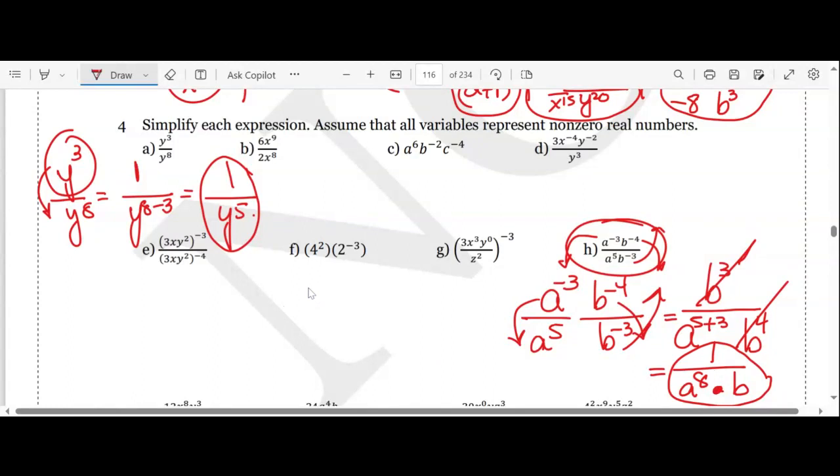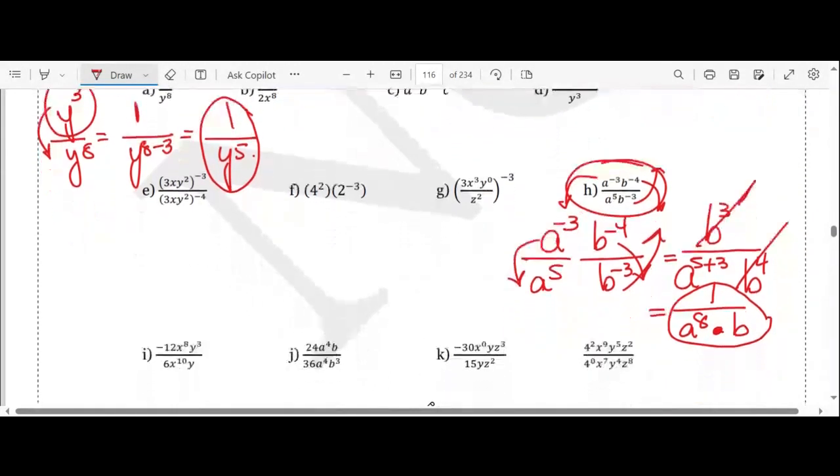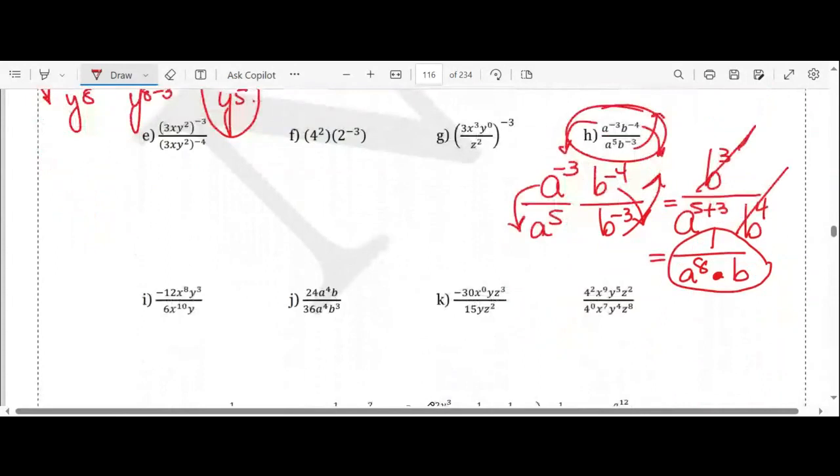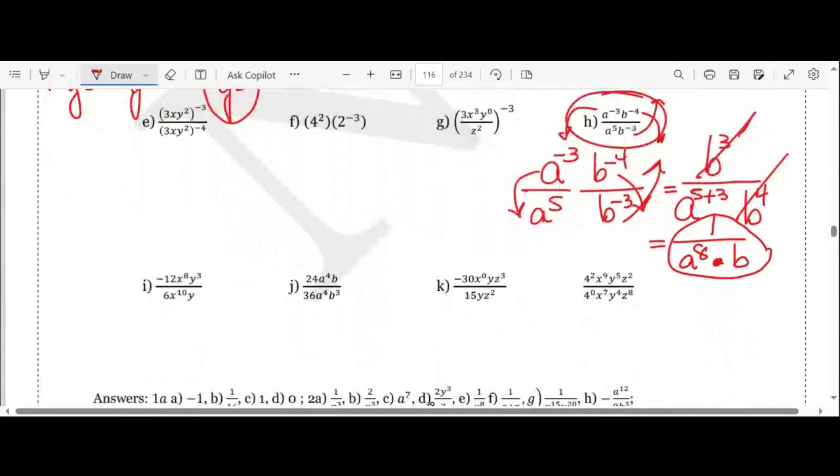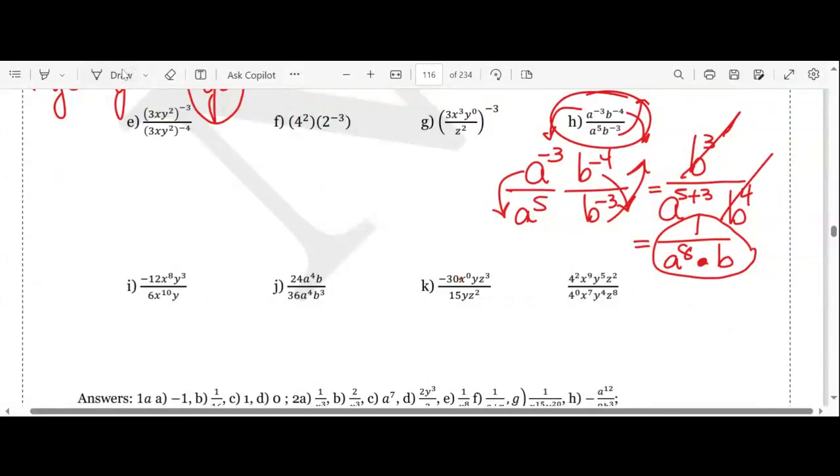Okay? Let's do another one. Last one. G. Let's do this one. Last one. G, do a flip? Which one? This one? Flip, yes. Yes, it becomes